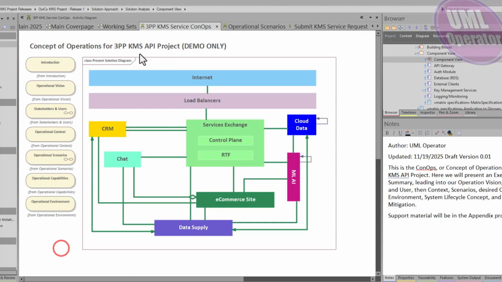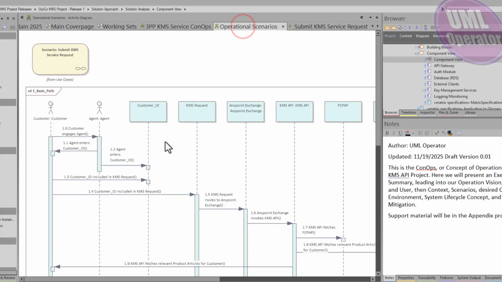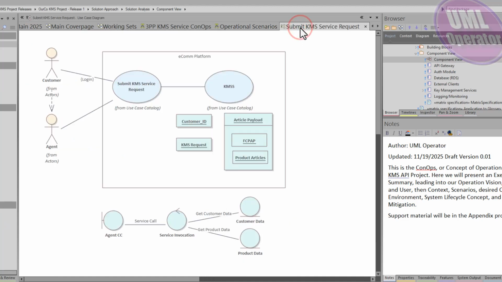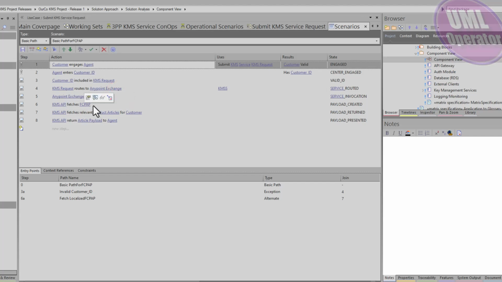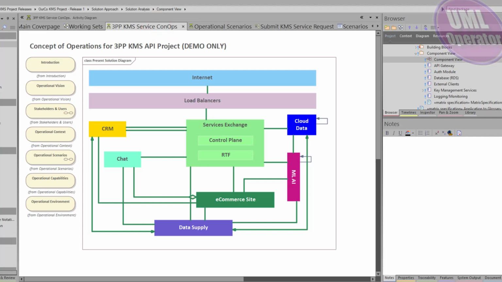So just as an example, when we do get into it, you might have sequence diagrams, you may have use case diagrams, and each use case is going to have scenarios that are going to be driving activity diagrams and other auto-generated diagrams that may not be in the main part of the concept of operations or the artifact documents that you're working on, but definitely will be part of the appendix